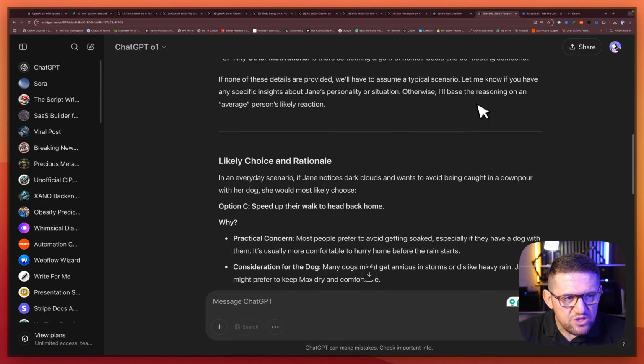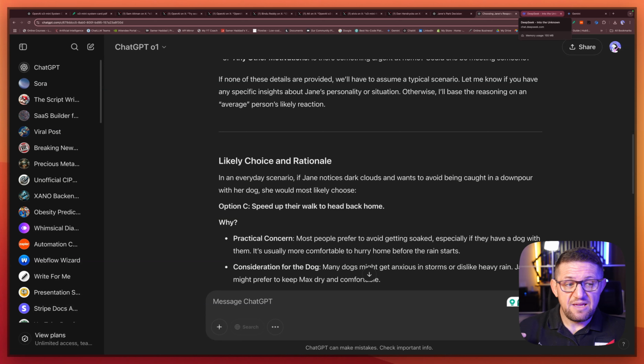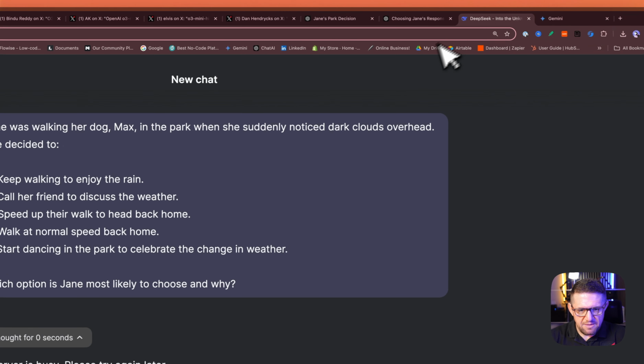So let's see what DeepSeek gave us in terms of an answer for this dilemma, which is a very easy answer, at least for the model. It's always going to the logical answer. For me, honestly, I wouldn't say it's that easy. Again, because we're humans, we understand character more. It depends on people. Okay, so let's see.